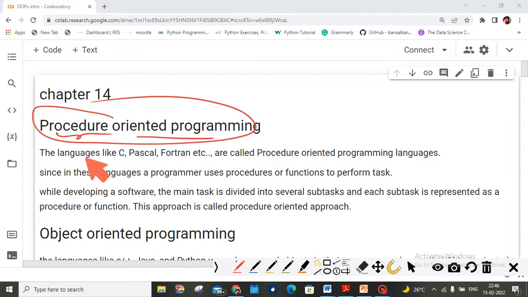Okay, so the languages like C language is there, Pascal, Fortran, which are called procedure oriented languages. Okay, so in these languages a programmer uses procedure approach, procedures or functions to perform a